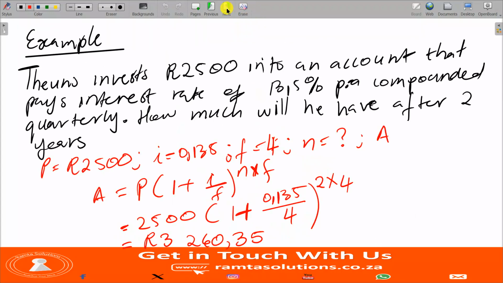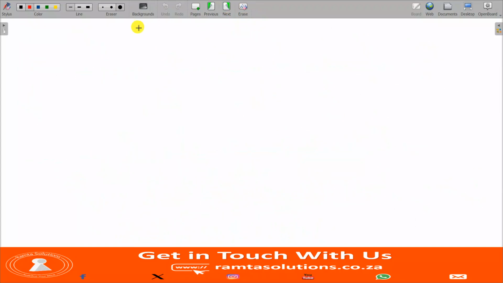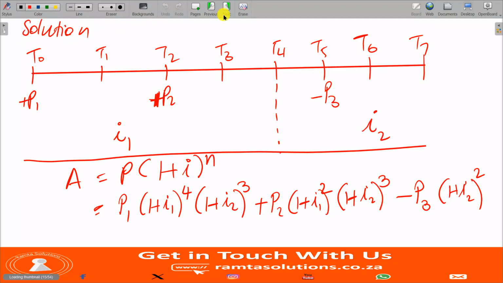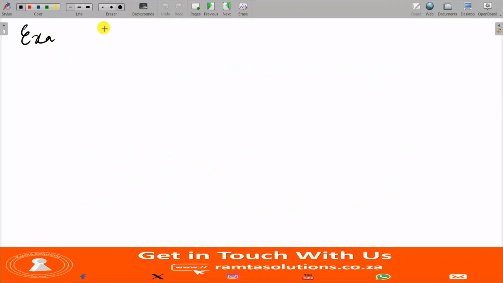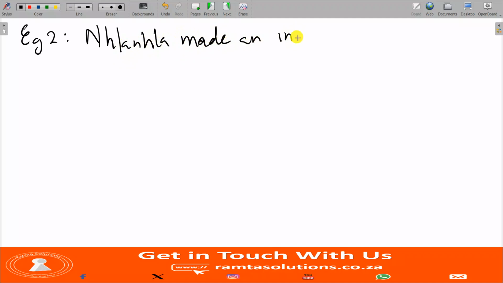Let's see an example to conclude this. Let's call it example 2. So example 2, we're going to say Nhlanhla made an initial deposit